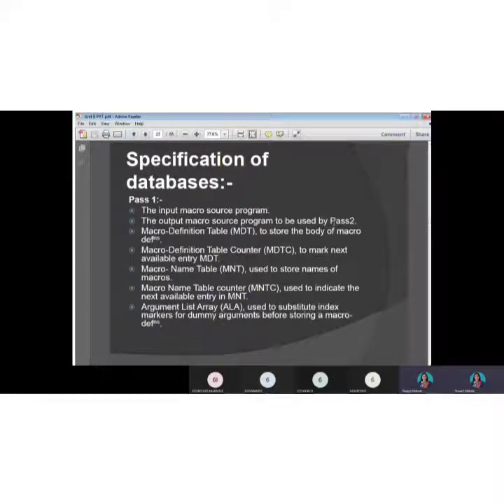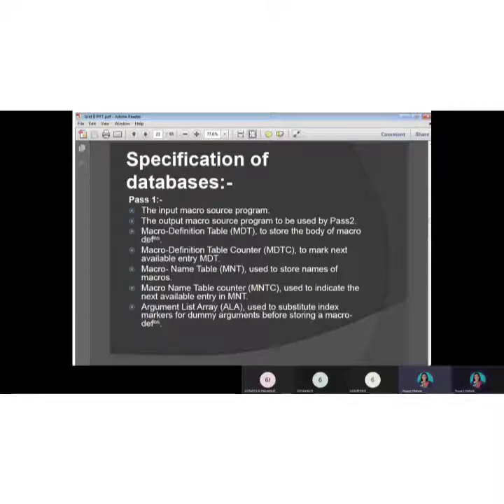Okay, so are you clear what the input and what the output of pass 1 is? So input is the macro source program, output is the source program along with all these databases.